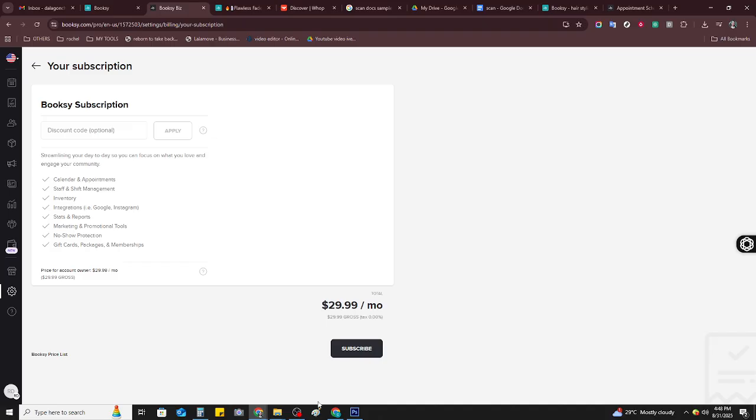After you've completed these steps, you'll be prompted to confirm your subscription change. This is your opportunity to ensure everything is correct. Once you confirm, your Booksy account should upgrade almost instantly. You'll start enjoying all the new features associated with your updated plan right away, making it easier for you to